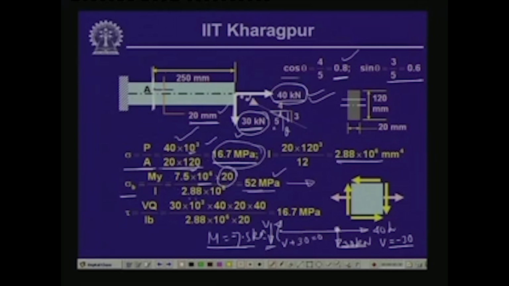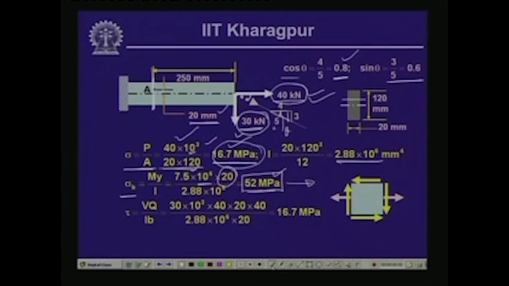Once you substitute these values, it comes to 52 megapascal. So, 52 megapascal is the normal stress because of the bending, and 16.7 megapascal is the tensile stress because of the axial pull. So, the total stress that we have because of